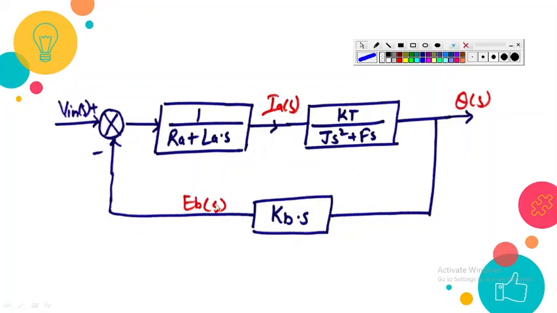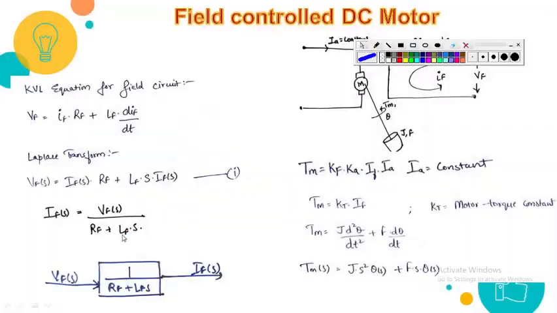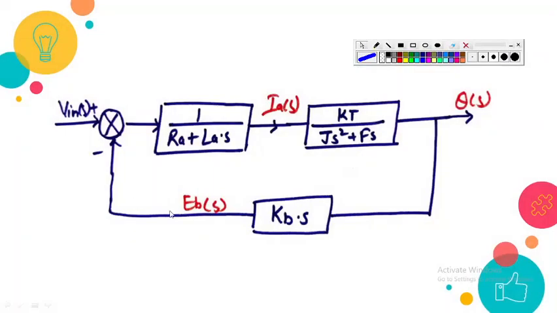So we can complete this block diagram as this one, and if you want to find out the overall transfer function, you can see that this is looking like a feedback system. This is back EMF. बैक EMF का मतलब क्या है कि आउटपुट से कुछ इनपुट में आप फीडबैक कर रहे हैं. From here we can see, यहाँ से यही इस्टेब्लिश हो रहा है कि आउटपुट से हम कुछ वैल्यू इनपुट में फीडबैक कर रहे हैं.